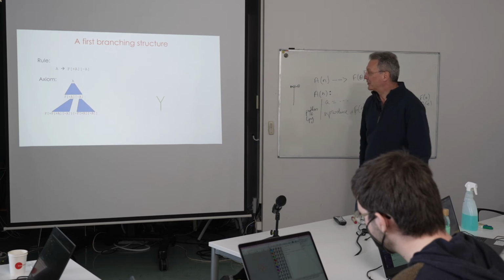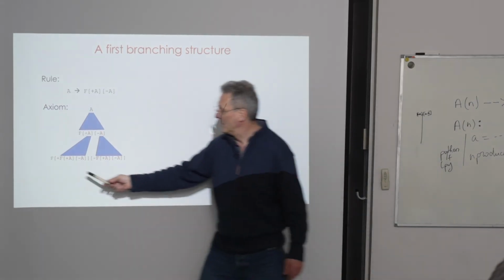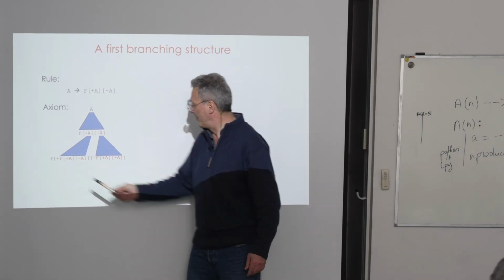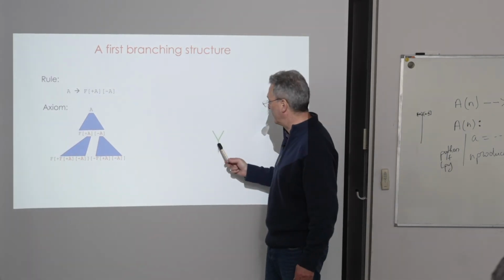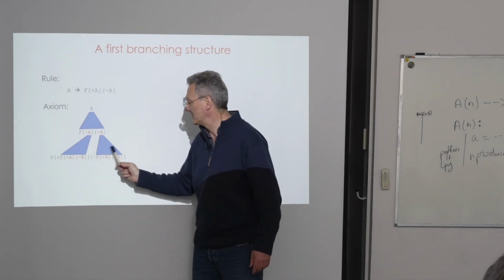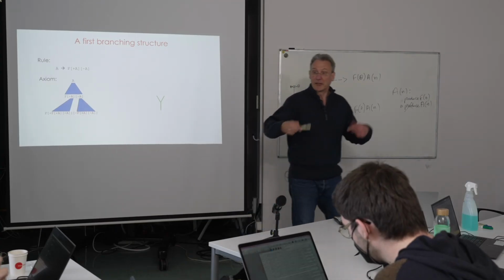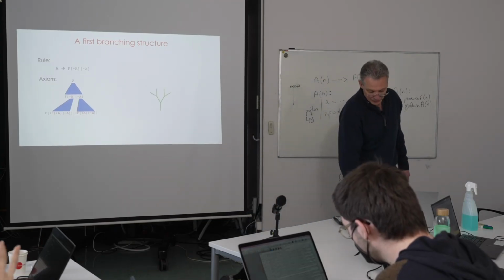And after the second derivation, what we have is one F, and then a plus F on the left and a minus F on the right, and then the 2 A's here that are not visible on the drawing. And then if I continue this, you see that it will produce a structure like this,